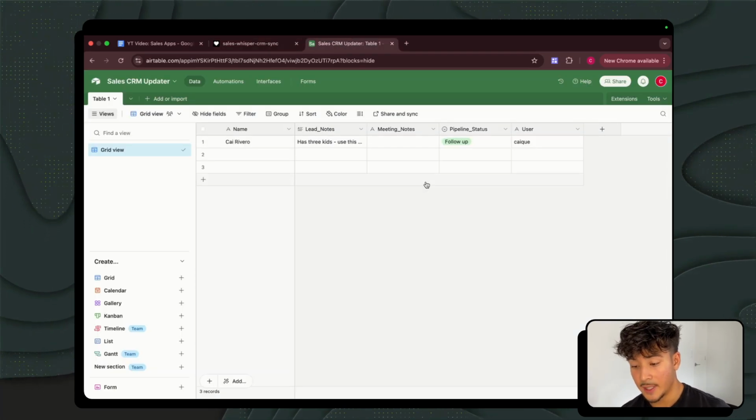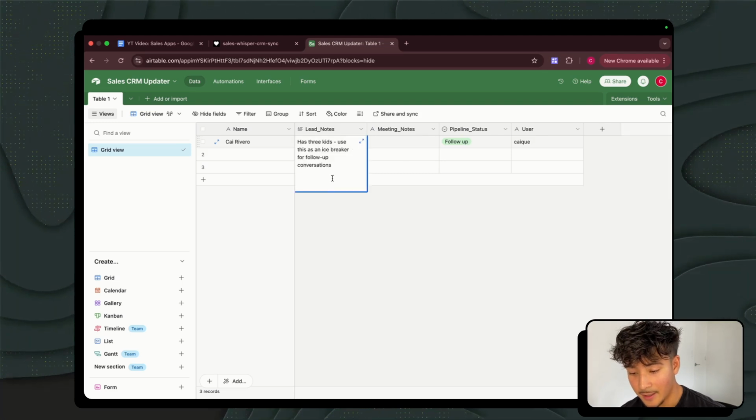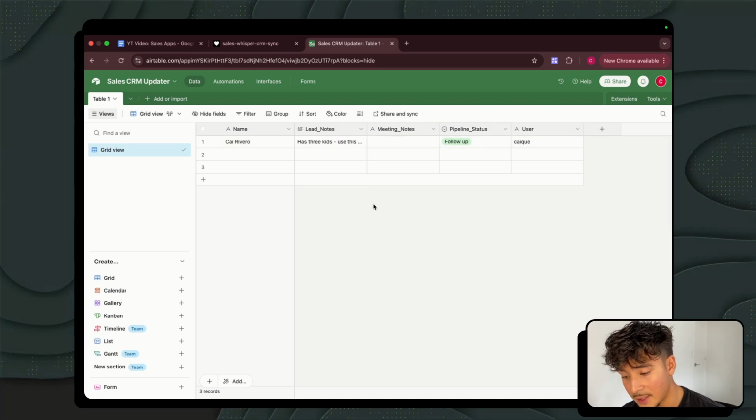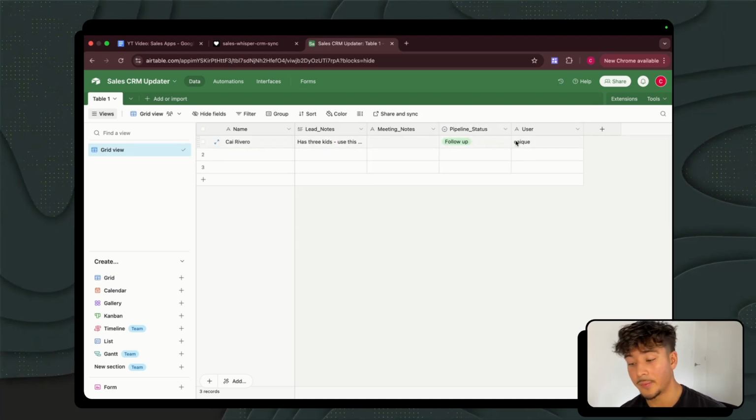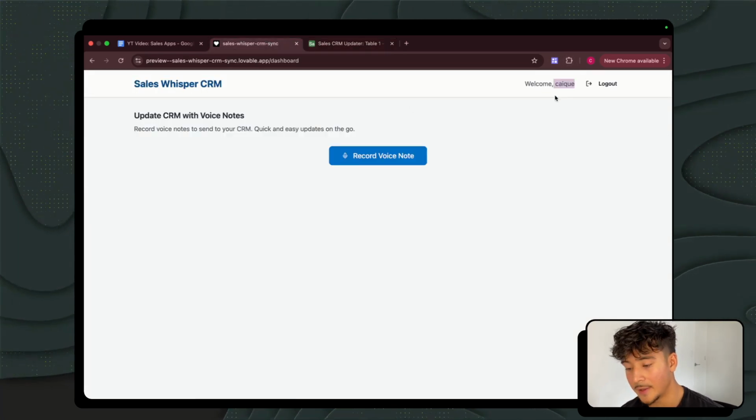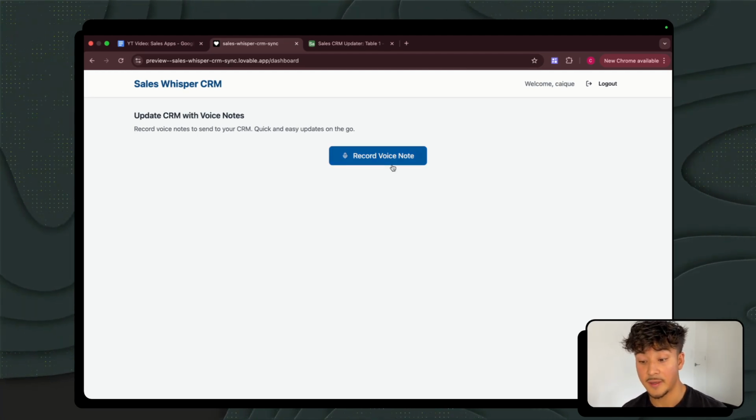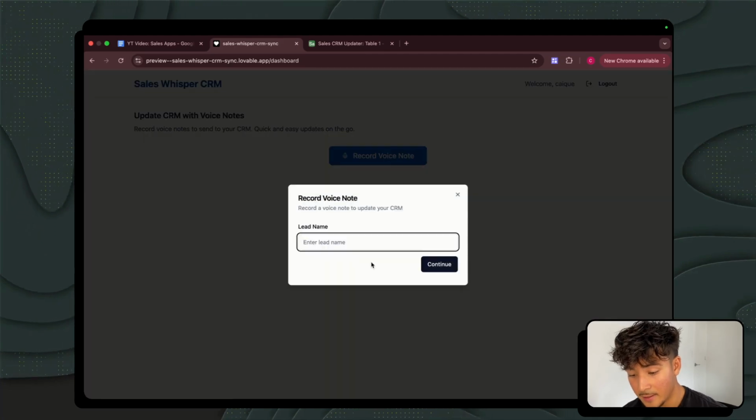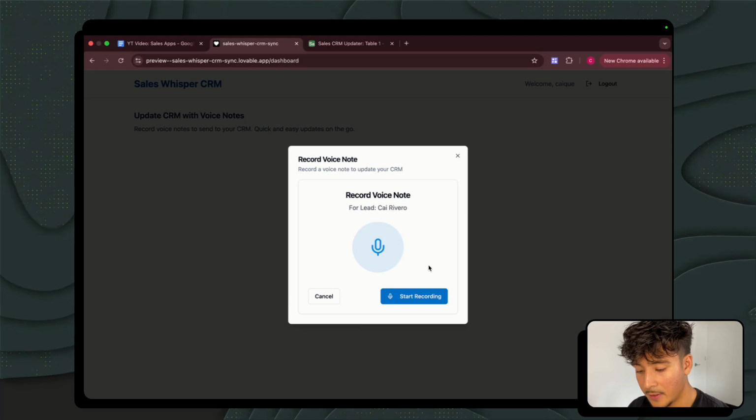So I've got, for example, Kai Rivero, who has 3 kids, and I've got the note here: use this as an icebreaker for the follow-up conversations. And the pipeline status, you can see that it's a follow-up, and the user that followed up with this is me, so Kaiki. You can see the user name here. And if I click, let's say I just had a meeting with this person and they've converted, they're now a client, I can just say the lead that I want to update, so the first name, last name,